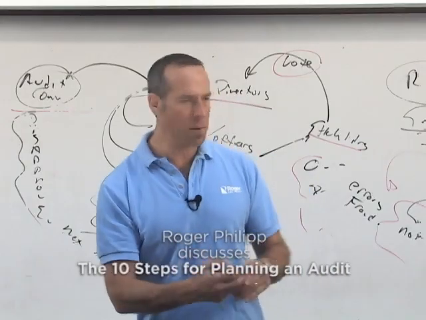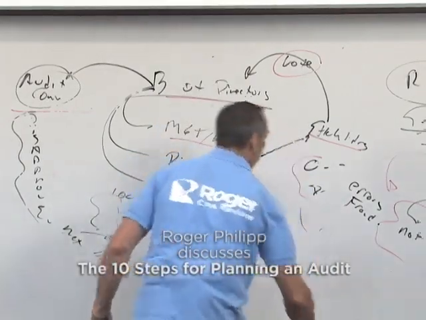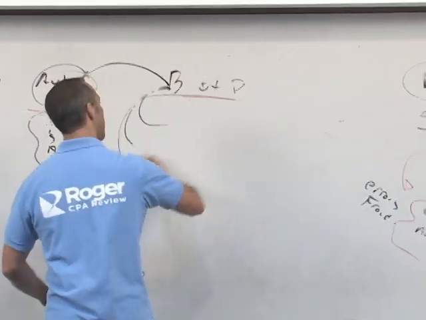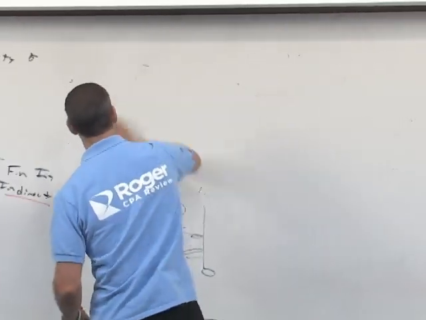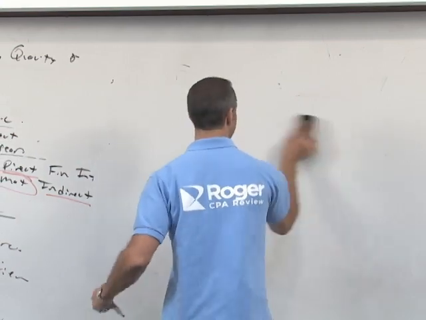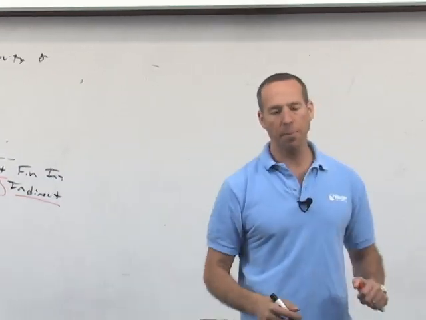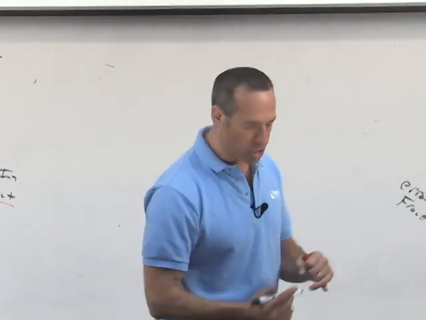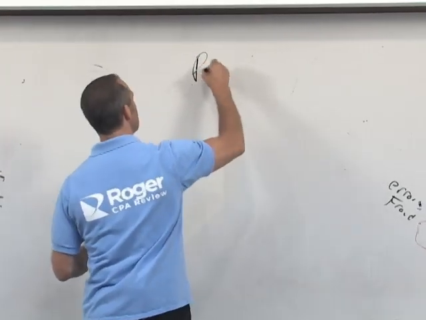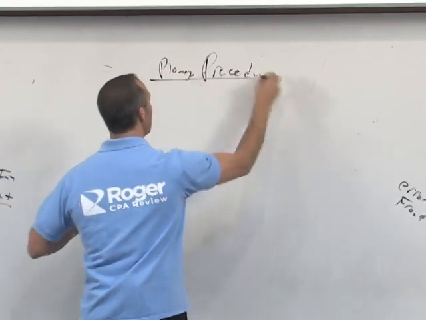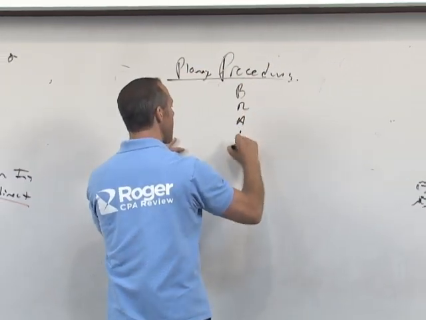And with planning procedures, again, more memory aids, more mnemonics, because we love mnemonics, because they help you to remember some of the details, and they help you to get through multiple choice and understand the big picture. But when we think about different types of planning procedures, some of the different procedures for planning would be brain